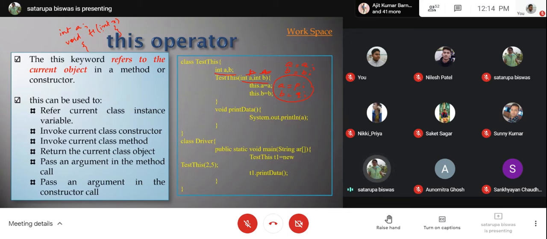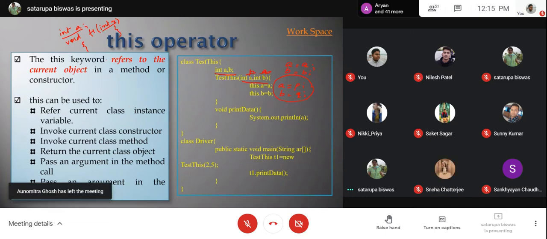Do you know the difference between local and global variable? No one is having any answer for this question. This is a very simple question. x is a local variable.